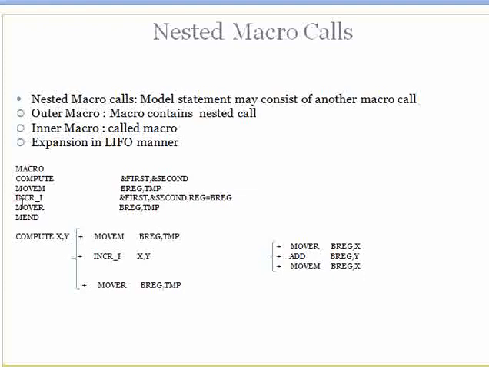and when it comes across incri, it will realize that it happens to be a macro call, because it will compare it with the name in a data structure called the macro name table, and what it will do is expand this macro first. So three lines would be generated over here, and once it finishes this expansion, then it will go back and start off from where it left off. Okay, so if there are nested macro calls, that is, if there is a macro call within another macro, which is a nested macro call, then expansion would take place in a LIFO manner, that is last in and first out.